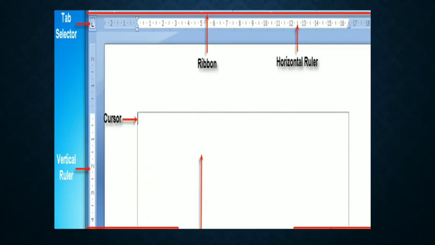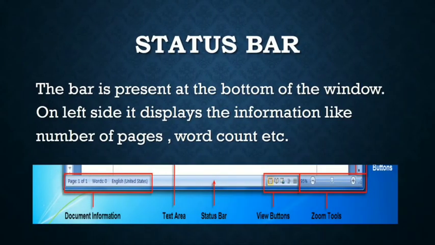Now this is the image. The horizontal line shows that this is horizontal ruler and the vertical line shows that this is vertical ruler. जो white आप scale देख रहे हो, एक scale 1 2 3 4 is written over there. This is called ruler. Okay, so the horizontal ruler shows the horizontal margin, left और right में पेज में कितनी margin छोड़नी है, area छोड़नी है. And the vertical ruler shows the vertical margin, means how much space we have to leave at upside and downside of the page.